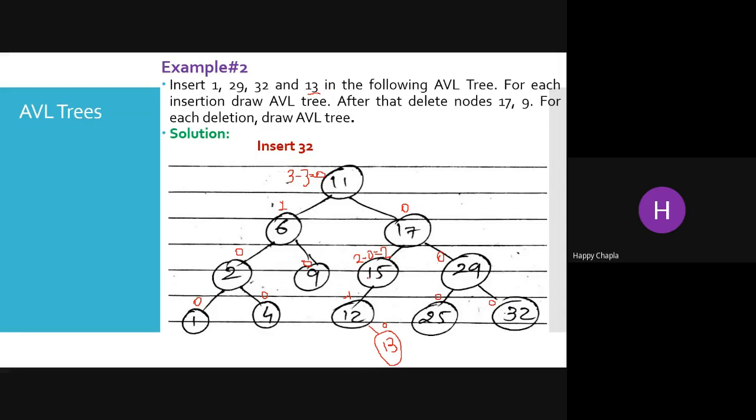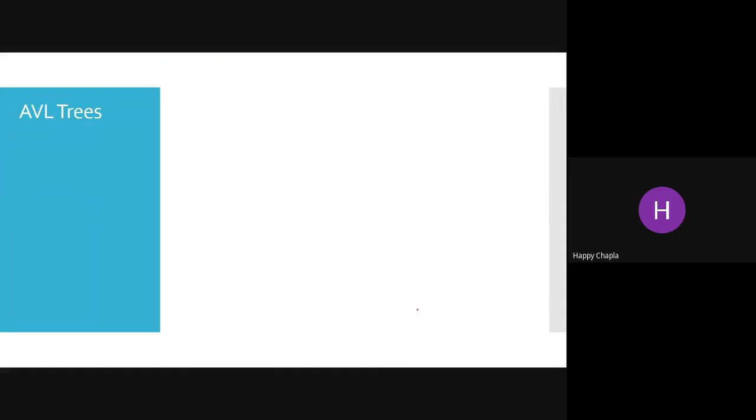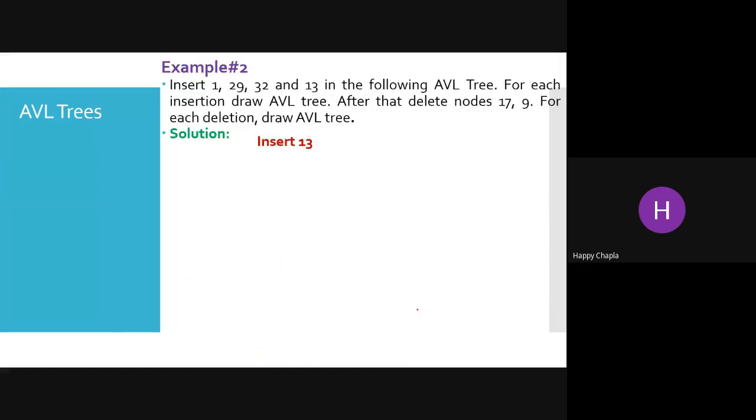So which rotation do we have to give over here? This is my left of right. So who will become the root node? When you have unbalancing over here in this example, like left of right, which rotation do you have to give? Why is it so? Why is the unbalancing happening here? Because we are inserting something in the left of right. Okay, so this is your critical node. Which rotation do you have to give? So your 13 will become the root, 12 is the left of 13, and 15 is the right of my 13. See?